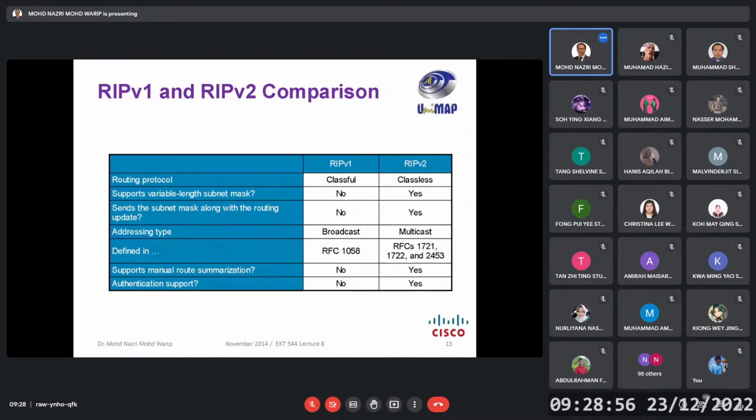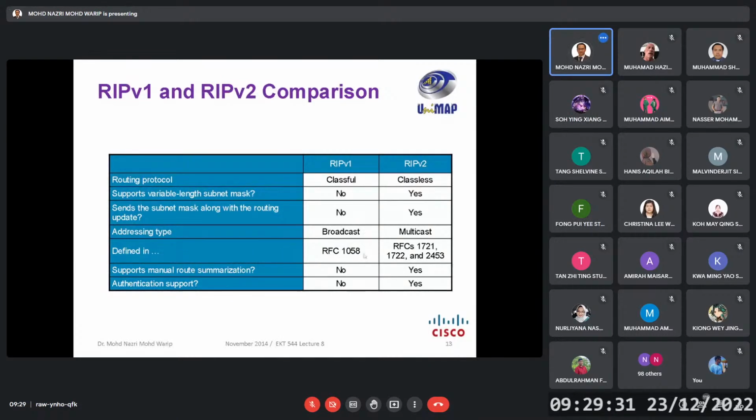Okay, so RIP, actually this is a classical routing protocol. RIP 1, version 1, is used for classful only, but RIP 2, version 2, supports classless. For RIP 2, version 2 supports VLSM, supports subnet mask along with the routing update,